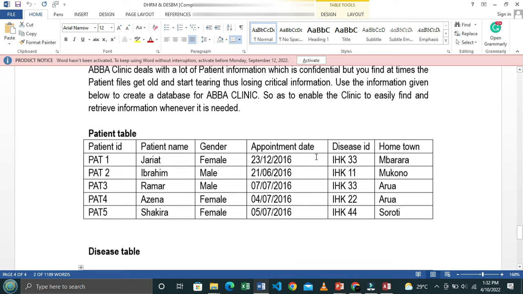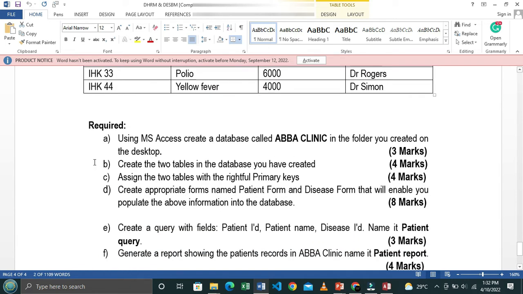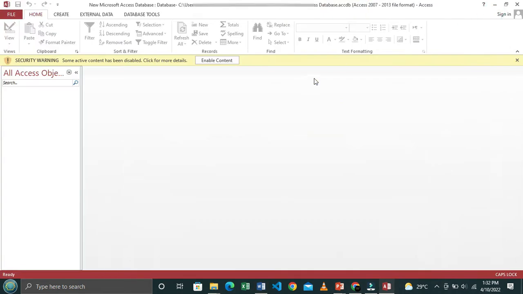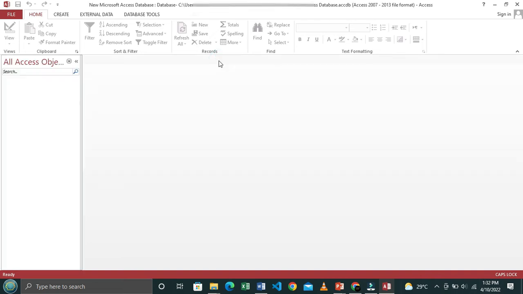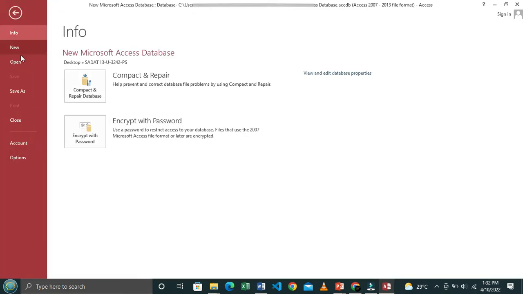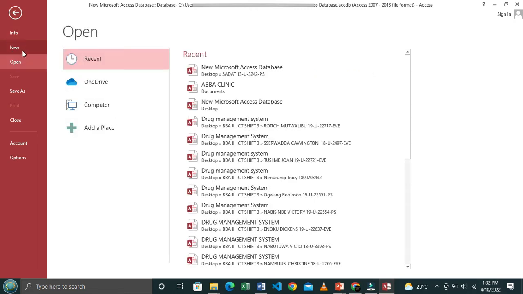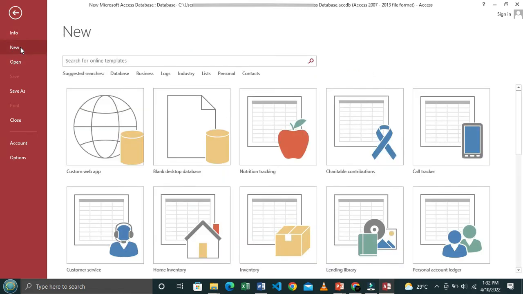So you're going to come up with a database, a simple one. And the first question, they are saying, using MS Access, create a database called Aba Clinic in the folder you created on the desktop. So when we close this and we go back to, let me try to enable this content. Okay, now we have to create a database. We name it Aba Clinic. You go to file, you click file, then go to open, click open. Sorry, not open, you go to new,